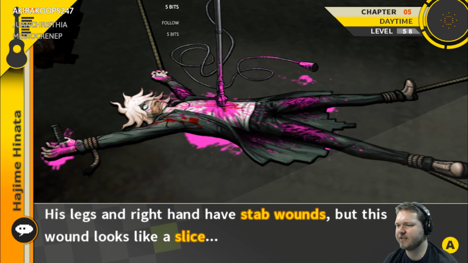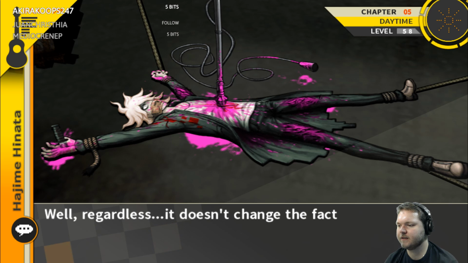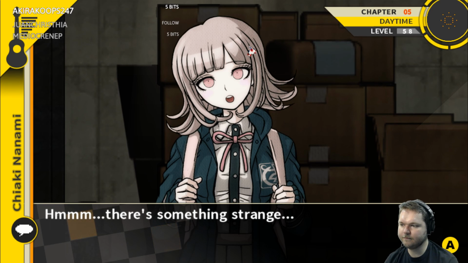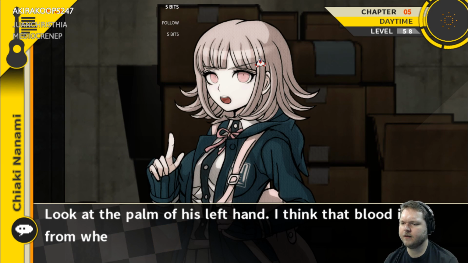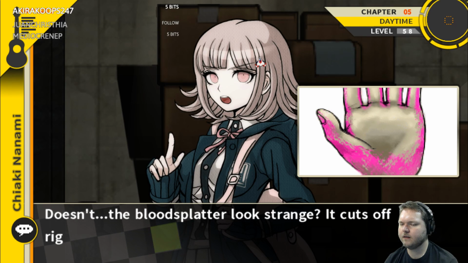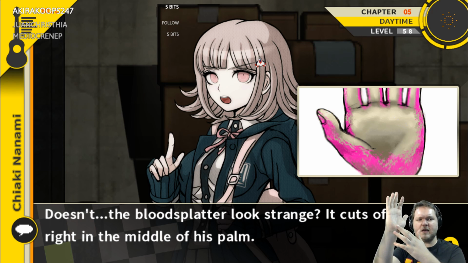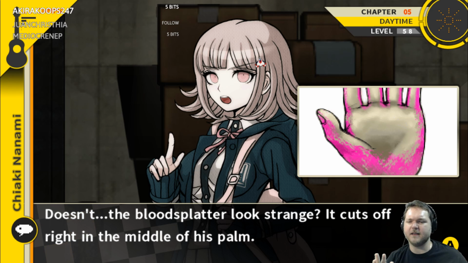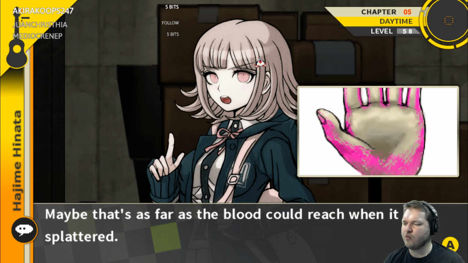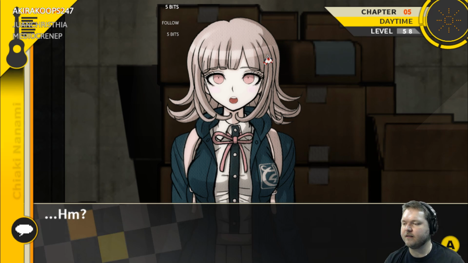They have stab wounds, but this looks like a slice. That's probably the reason the wound on his left arm doesn't look that deep compared to his other wounds. What's strange? See? Look at the palm. I think that blood is from when his left arm was sliced, but his palm is all clean, but the outsides of it are covered in blood. It cuts off right in the middle. Yeah, it definitely cuts off. Maybe that's as far as the blood could reach when it splattered. That would explain the blood on his palm, but...